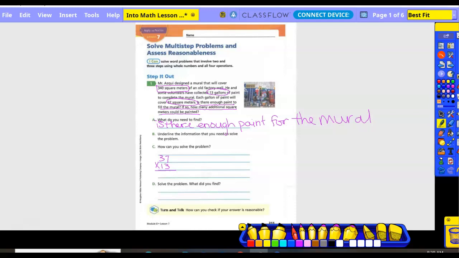3 times 7 is? Put the 1, carry the 2. 3 times 3 is? 9 plus 2 is? 11. Mark off the 2, put a 0. Then we take 1 times 7 to get 7. And 1 times 3 to get 3. And then we add 1, 8, 4. Okay. So, and then of course this is to solve the problem and see what we found out. So we're kind of doing that right now, right? Okay, so we got